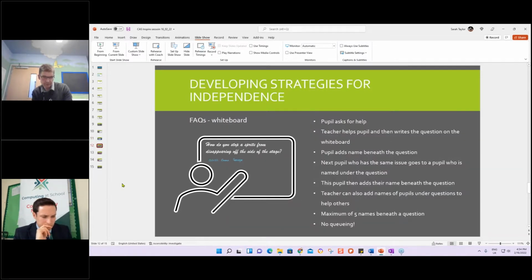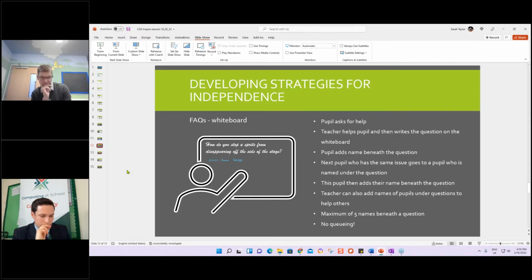And then the final thing that I used to do, which worked really well mostly, was the FAQs whiteboard. We had a whiteboard at the front of the class. This comes from the Lazy Teacher's Handbook, which was a brilliant book, FAQ boards. At this point, the pupil would ask for help with something, and then I'd go and show them. I wouldn't show them how to do it, but I'd help them through thinking about how to solve that for themselves. And then I'd put that as an FAQ up on the whiteboard, and they would put their initial or their name underneath it.